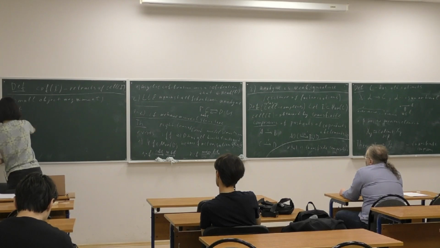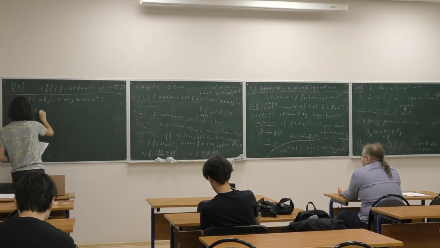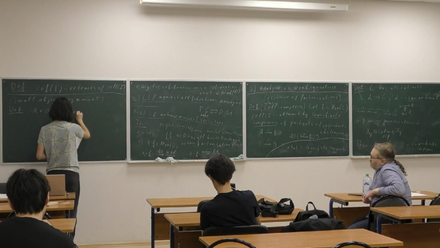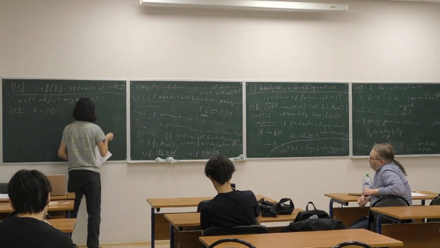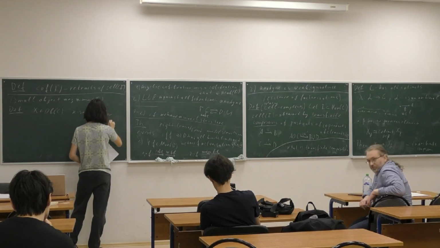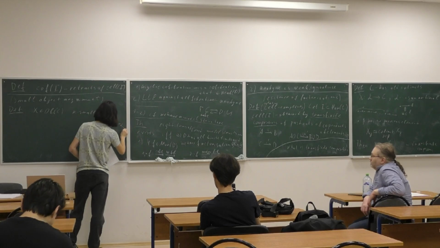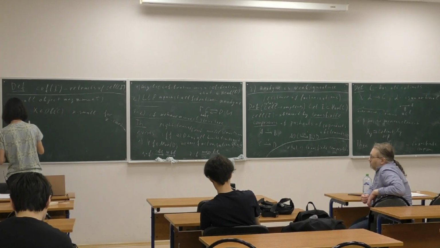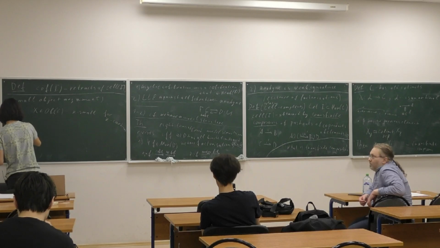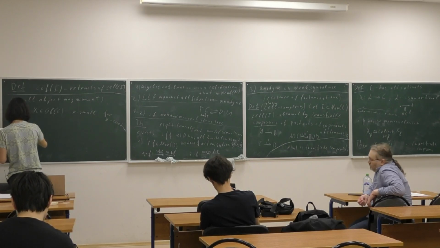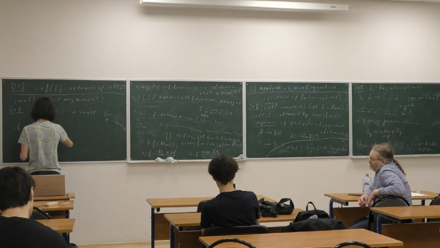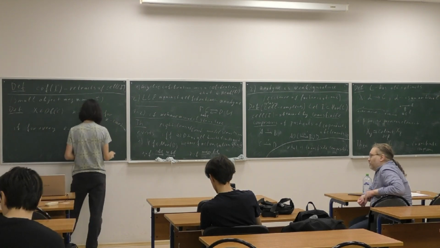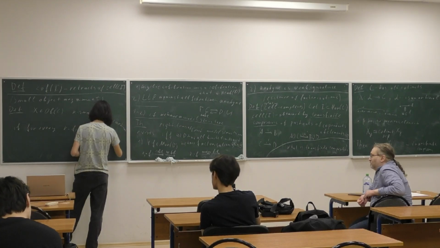Definition: an object X in some category C is called kappa small, for kappa being a cardinal number, such that if for every kappa filtered partially ordered set J,